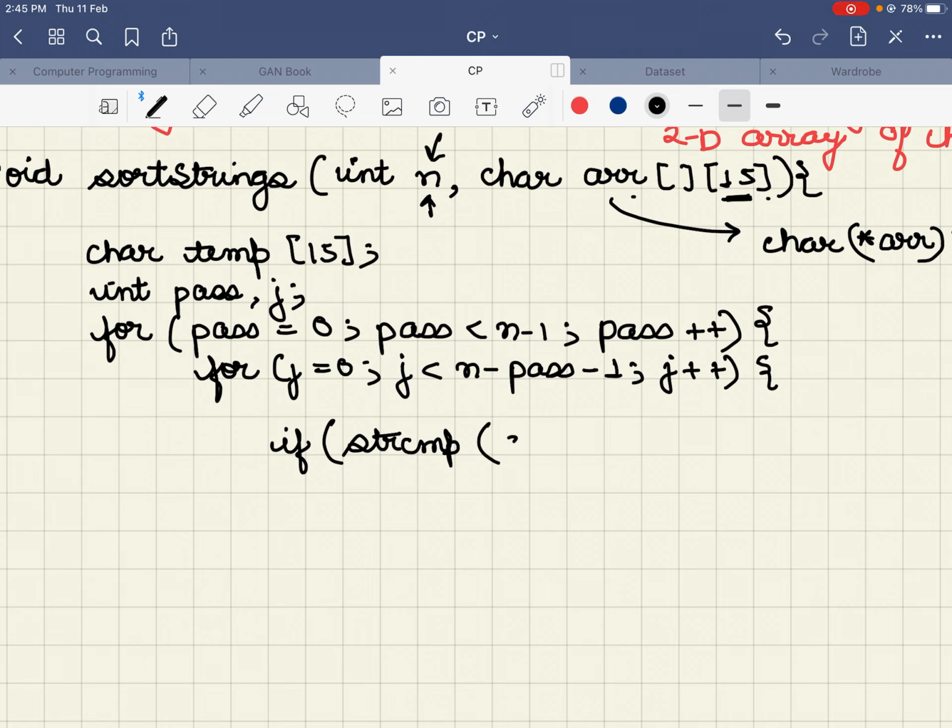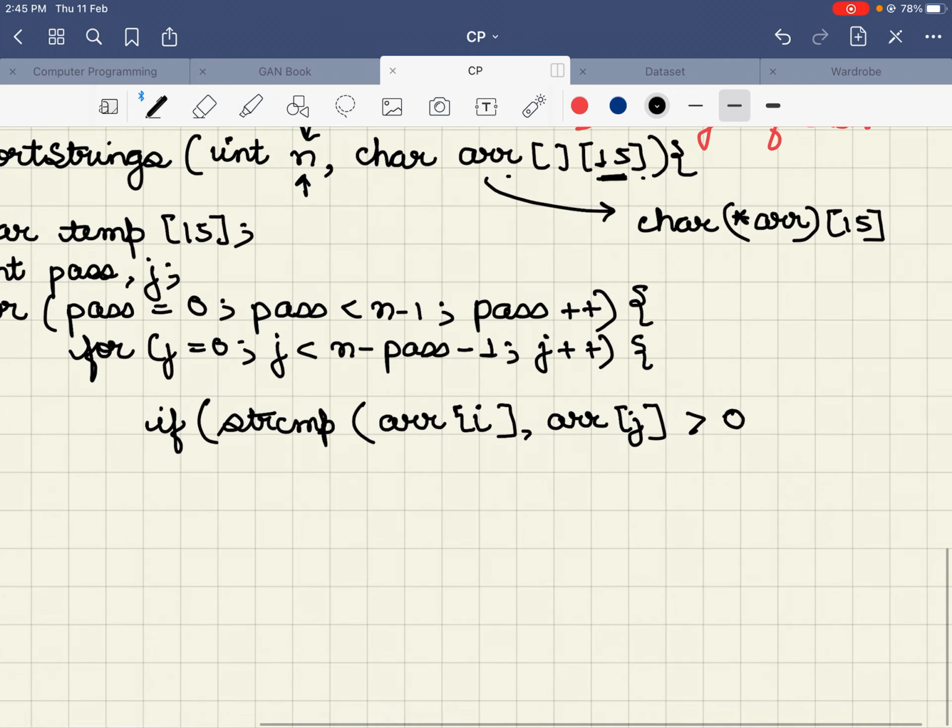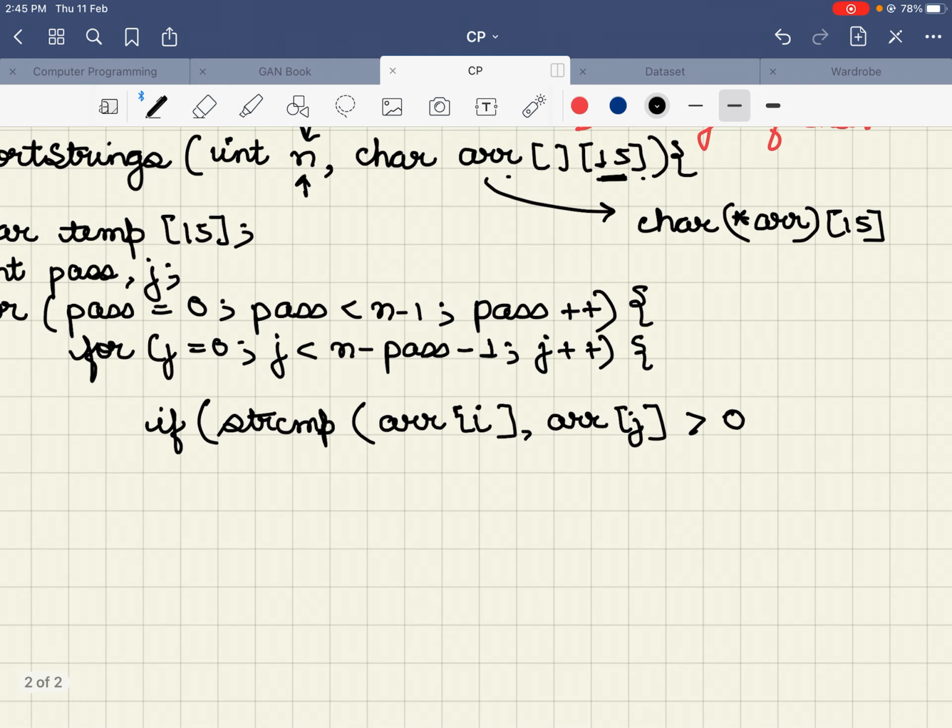So if this element, comma array j, is greater than 0, it means this string is greater. Suppose I take apple and banana,